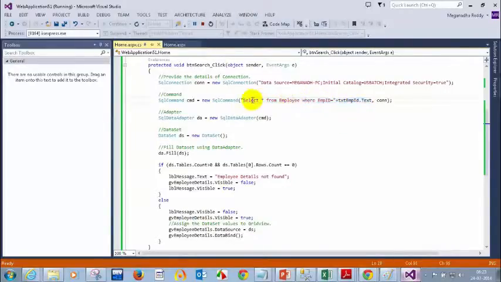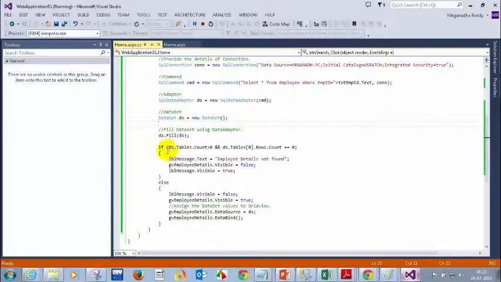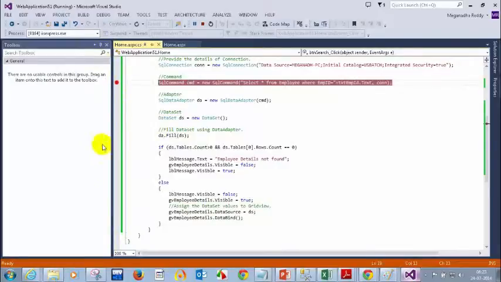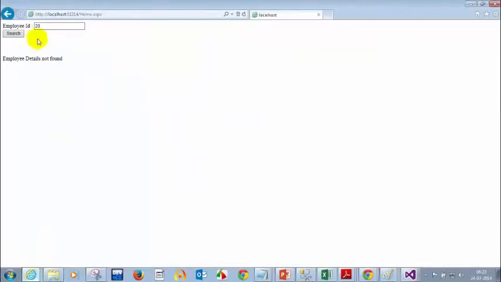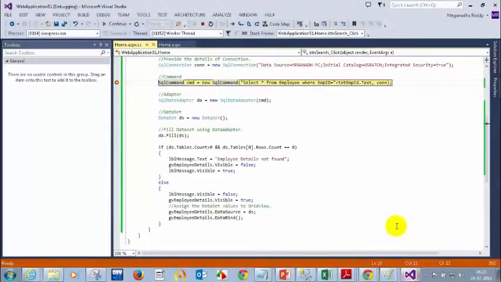After that, I'm checking whether I have any records; if not, this count value will be 0. For example, let me put a breakpoint and run this. Let me put 20 and click on search. Employee ID 20 is not there in the database. Now press F10.